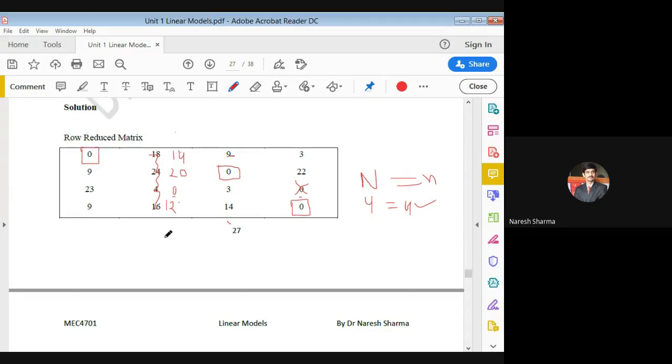Now check the second column. In the second column we also have 1 0. So we assign that and check the corresponding row. All 0s are marked. So the third and fourth are already assigned. Now at this stage you check: in each row we have only one assignment, and in each column we also have one assignment. So this is the final optimal assignment.